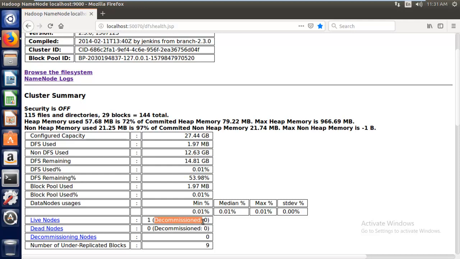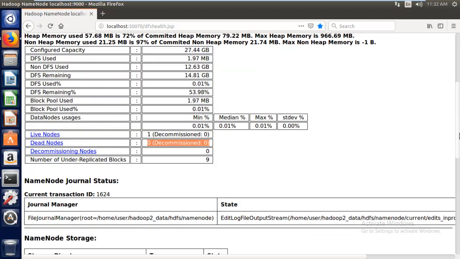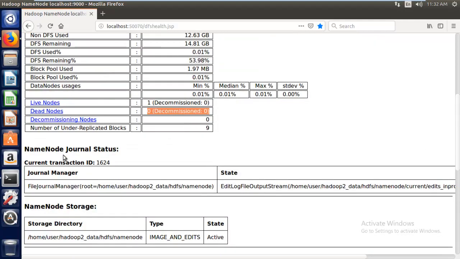So adding and deleting nodes from the existing cluster is commissioning and decommissioning here. I have not gone through such a process, so it's showing 0 decommission here. That is fine. And here it's showing some journal manager and all.